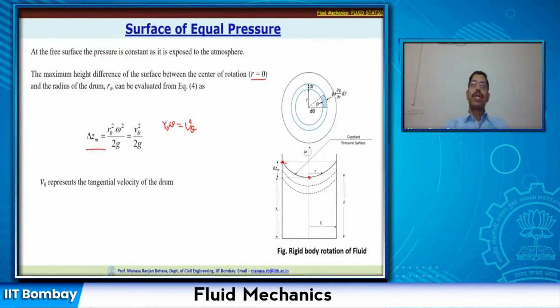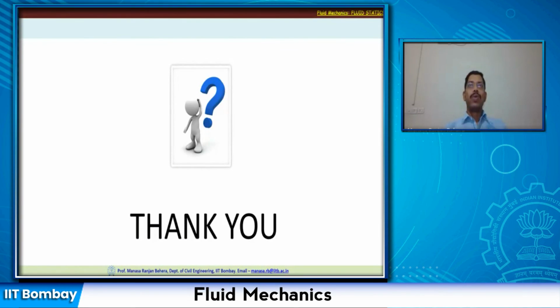So this is all about the rigid body rotation, and with this we'll stop this lecture, and that's the end of fluid statics. Now next lecture we'll start fluid kinematics, and any questions, any doubts in the fluid statics lecture